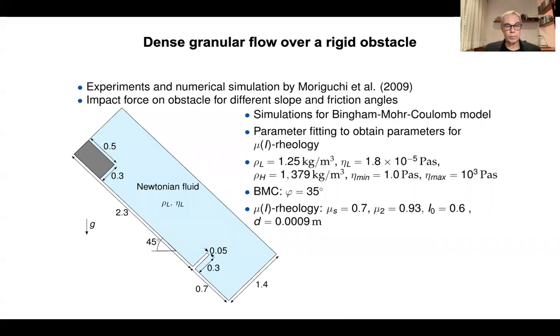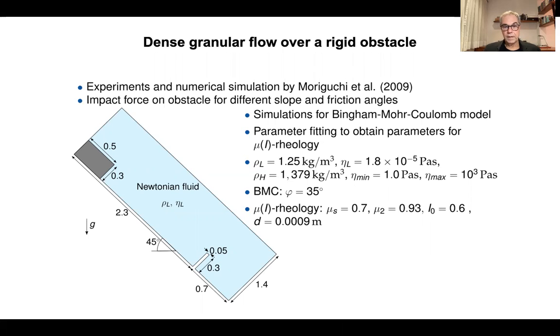This is a very interesting way. And now we use this to simulate dense granular flow against a rigid obstacle. We are basically simulating the experiments by Moriguchi, which also presents a numerical simulation. Basically, we release an amount of dense sediments that goes down until it hits a wall, and we measure the impact force on the obstacle for different slope and friction angles. In the simulations, we are going to see data provided by Moriguchi. They used the Bingham-Mohr-Coulomb model, and we did some parameter fitting